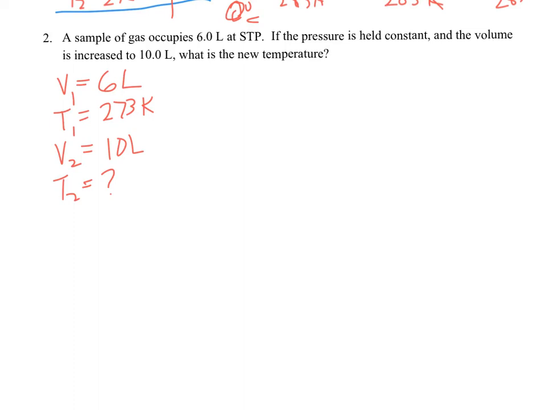This time I'm going to use the other expression where I'm going to be doing the formula V1 times T2. So I'm cross multiplying the original. So it was V1 over T1 equals V2 over T2. I cross multiply. I get V1 times T2 is equal to V2 times T1. So there's my expression I'm going to use. I'm going to plug these numbers in. I've got 6 liters times my T2, which is,